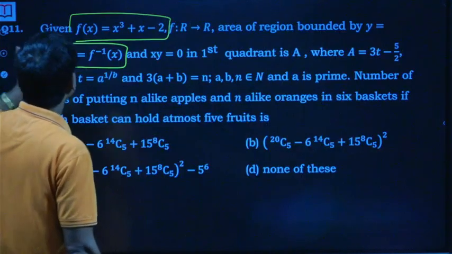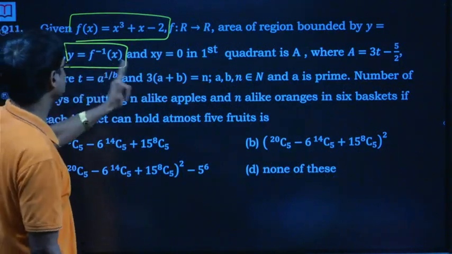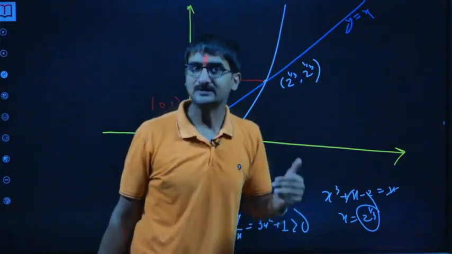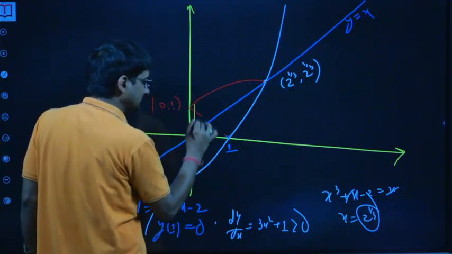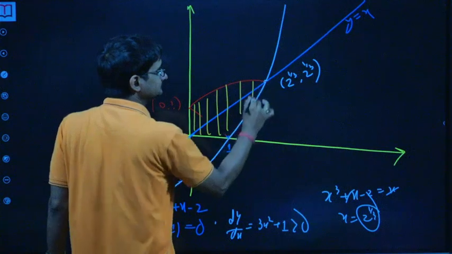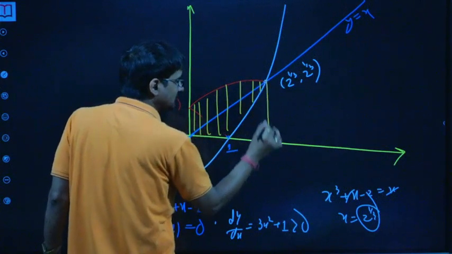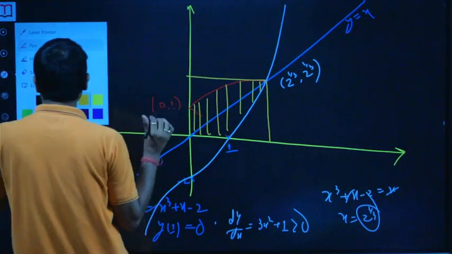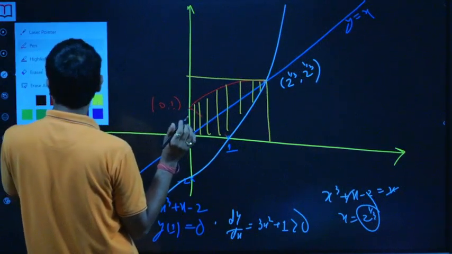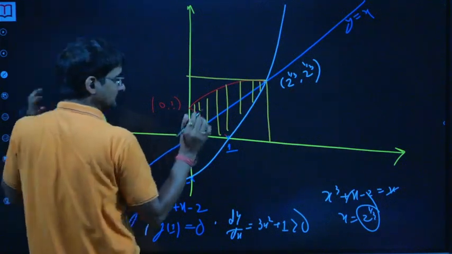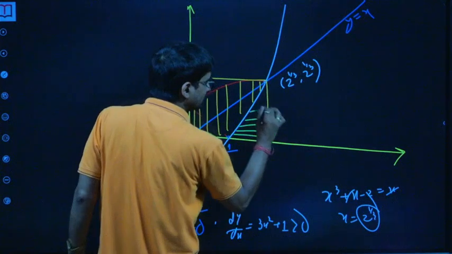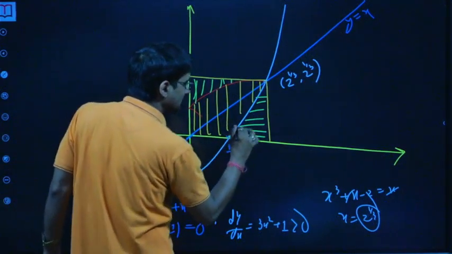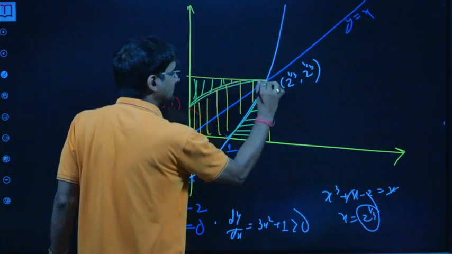We are looking for the area of the region bounded by this and xy is equal to 0 in the first quadrant, x-axis, y-axis, first quadrant, area bounded. So what we need here is this region. Now what I did, I just completed this square. Now from this square, if I remove the area of which region, which color shall I use? If I remove this region and this region, won't we get the answer? We will get the area of the curve bounded by this thing.